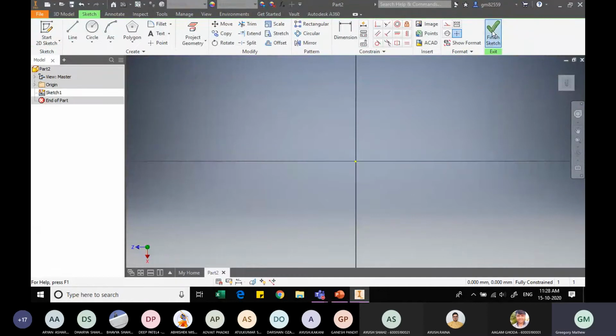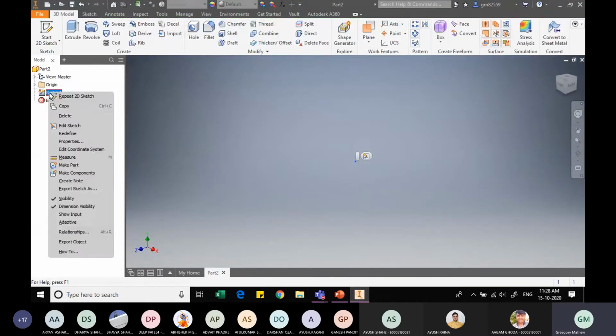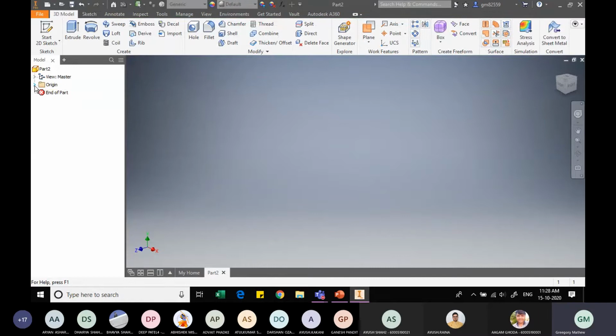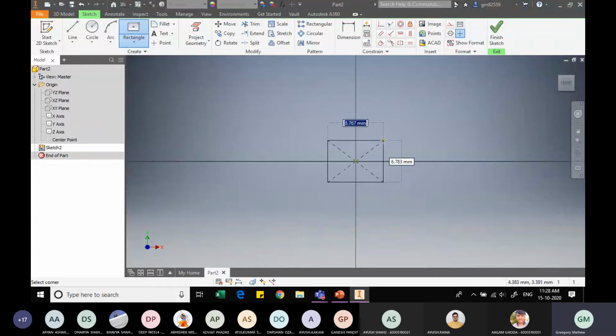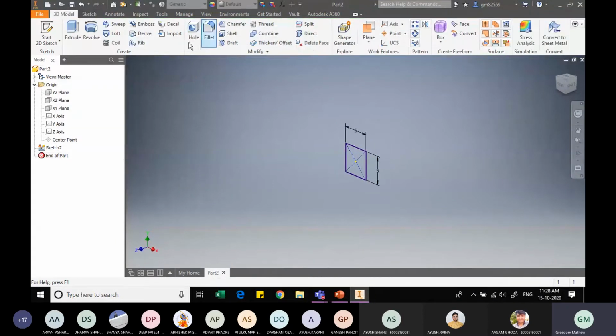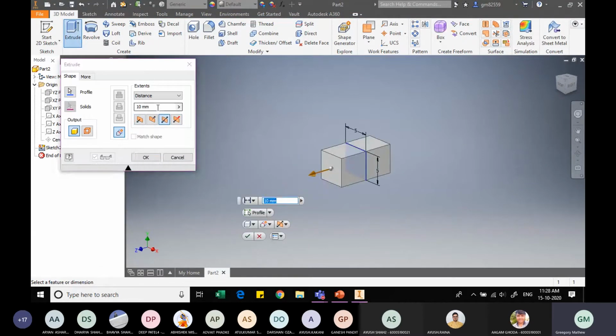Wait, I will just change my plane. So let me delete the sketch option. Yeah, and I will start with the new sketch, and I will sketch a square as required. So where is the polygon of, yeah, from here, 2-point center. The center, it's a square section with the width and height of 5 mm, so 5, and height also 5. Finish this sketch, and we know the total extrusion for this sketch is to be 38 mm. Let me extrude it symmetrically both sides, 38 mm.